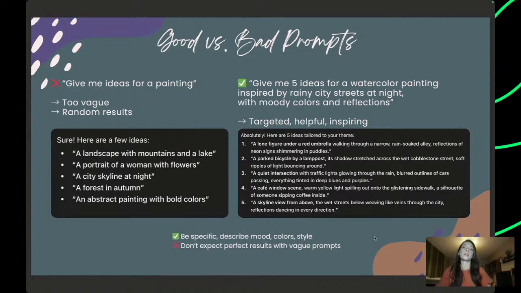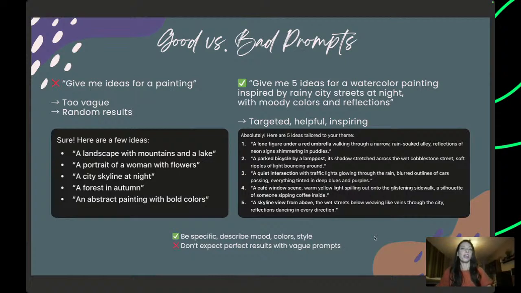So for example, here we have the first suggestion: a lone figure under a red umbrella walking through a narrow rain-soaked alley, reflections of neon signs shimmering in puddles. And this is, I think, much more inspiring than a city skyline at night, for example, because when it is written this way, you can already start to imagine it in your head, and maybe see the colors, maybe imagine the composition.